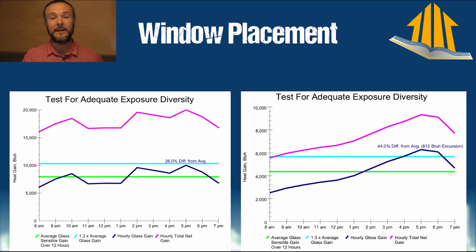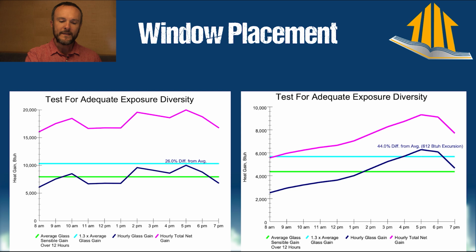Now, window placement becomes a very big conversation. There's another hidden thing that I'll get to in a second, but the windows, where they are and how big they are, is very important. If you decide that you just have to buy a lot that's on the east side of a lake, and it's got the mountain range behind the lake, and so you're going to be looking out that west wall, and that's your big wall where you're going to have nothing but windows, that is a terrible plan when you're talking about heat loads, because you have what's called an adequate exposure diversity,